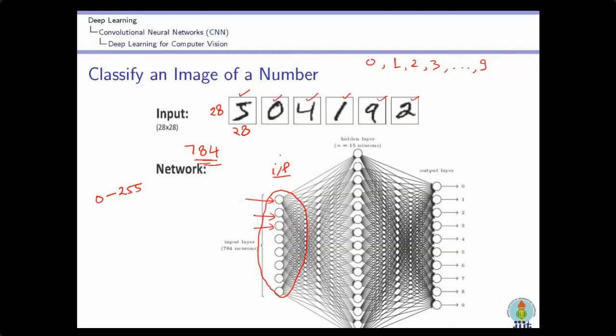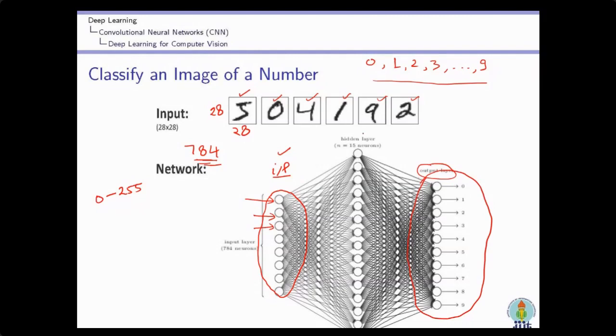Now, how many neurons are required in the input layer? It is equal to the number of pixels, which here is 784. I can design this. Next, how many neurons will be there in the output layer? The number of output layer neurons is equal to the number of classes. How many classes are there? 10. So there will be 10 neurons. Okay, so we have decided these two things.